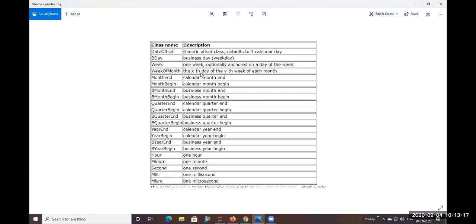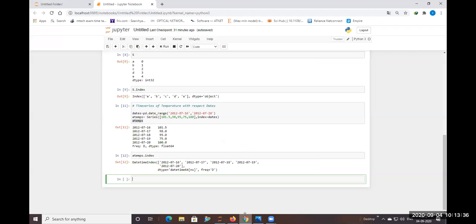WeekOfMonth means the next date to the y-th week of each month. So all these are the frequencies we have seen with their clear descriptions. D is for date representation, one day representation.